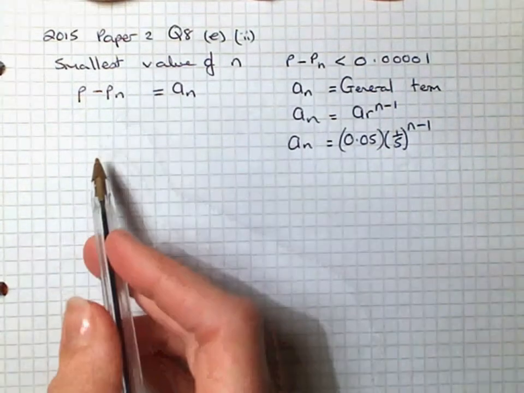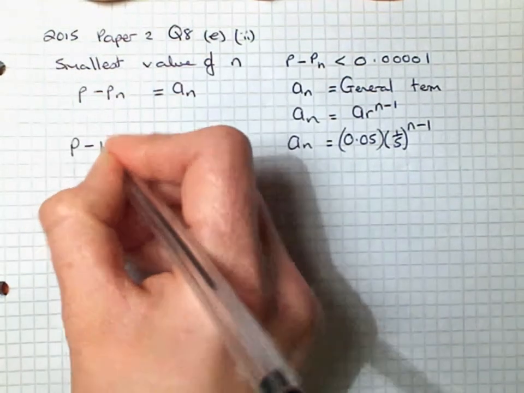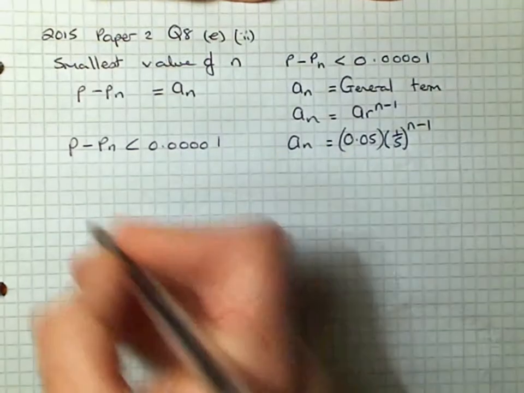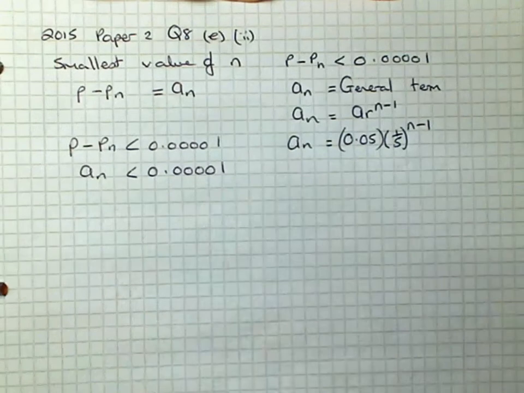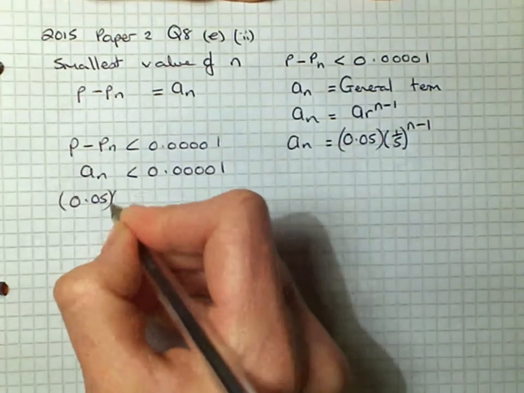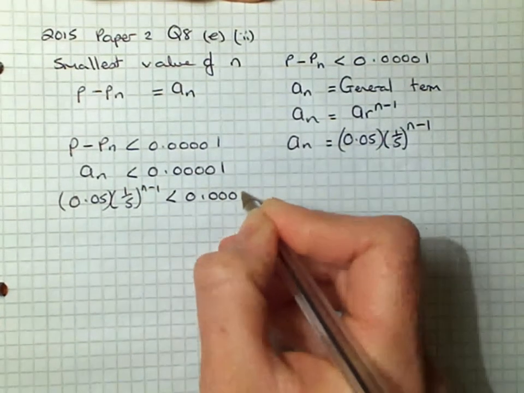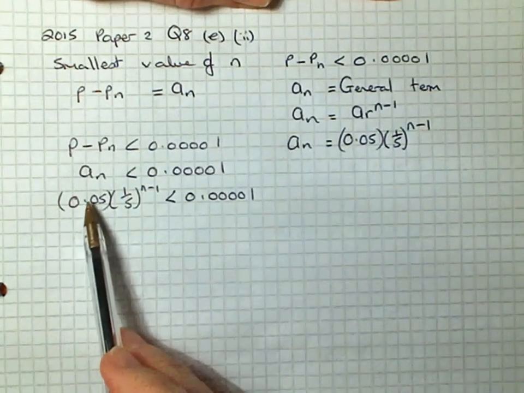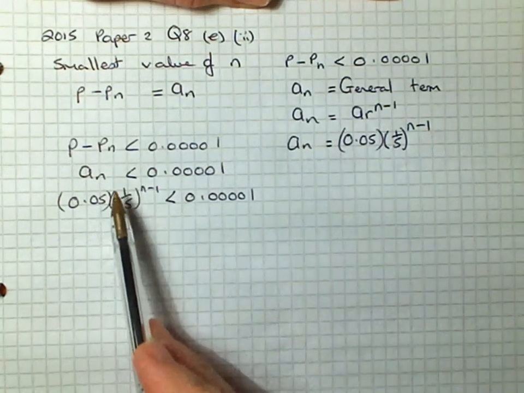Now, going back to what we're asked in the question, we're asked p minus pn less than 0.00001, and we know that p minus pn is an, which is less than 0.00001, and an is 0.05 by 1/5 to the power of n minus 1 is less than 0.00001. Okay, so just take care not to multiply the 0.05 by the 1/5,